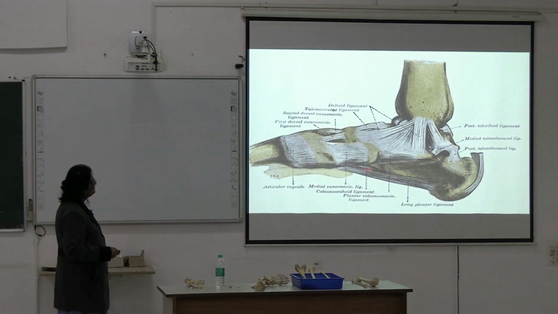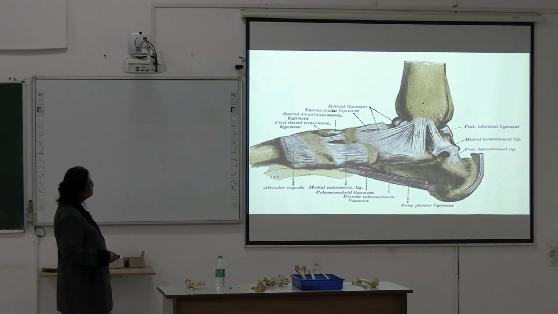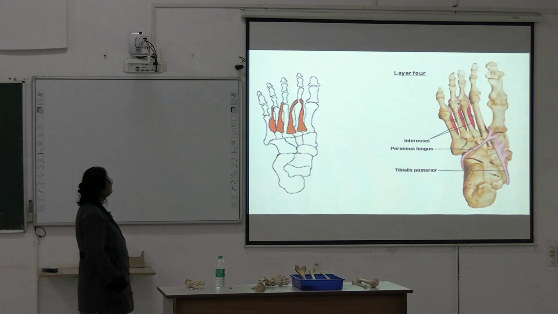So this is short plantar ligament, long plantar ligament, plantar calcaneonavicular ligament, here is the deltoid ligament, these are medial cuneo, this is connecting the calcaneum and the cuboid, calcaneo-cuboid ligament. And these are connecting the tarsal bones. So all these ligaments are acting as intersegmental ties. Next,